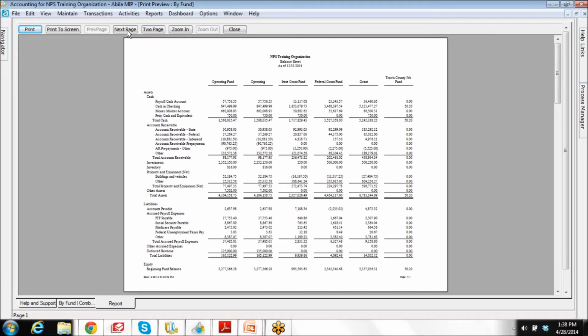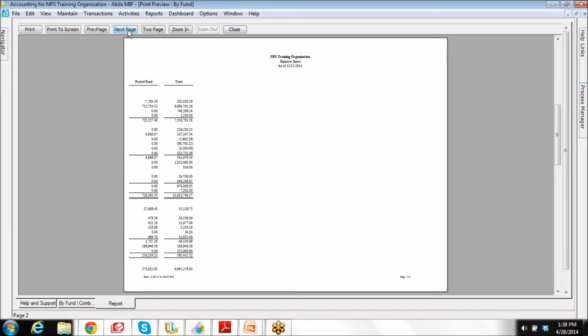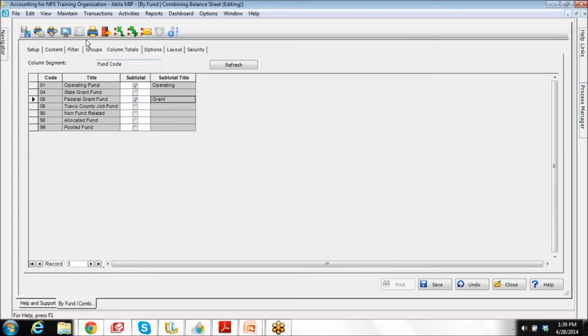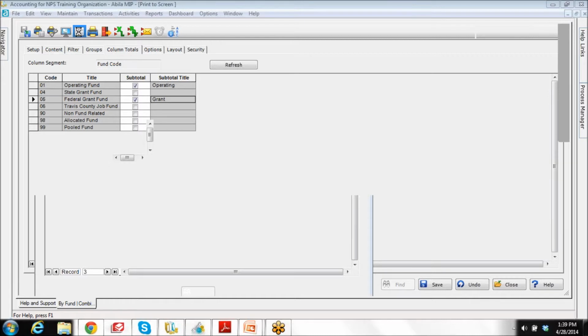And that's what I did. I'm going to get 2 pages on this report now. So let's go back and just make a change there. You notice, let me show you. You notice now, since I ran it that way,